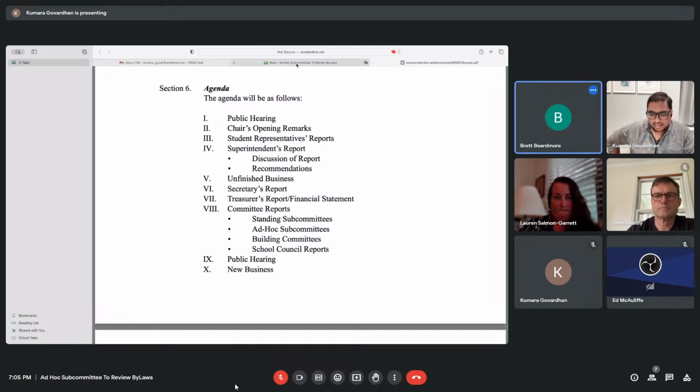Now, one idea I know we touched briefly on a second ago: treasurer's report and financial statement. Dr. Riley, I want to chime in and ask you about this. Michelle's not here, not that we invited her, but going forward with our treasurer and financial statements, once we get treasurer reports, can they be rolled into the packet that you send out before a meeting? I think that would be the plan.